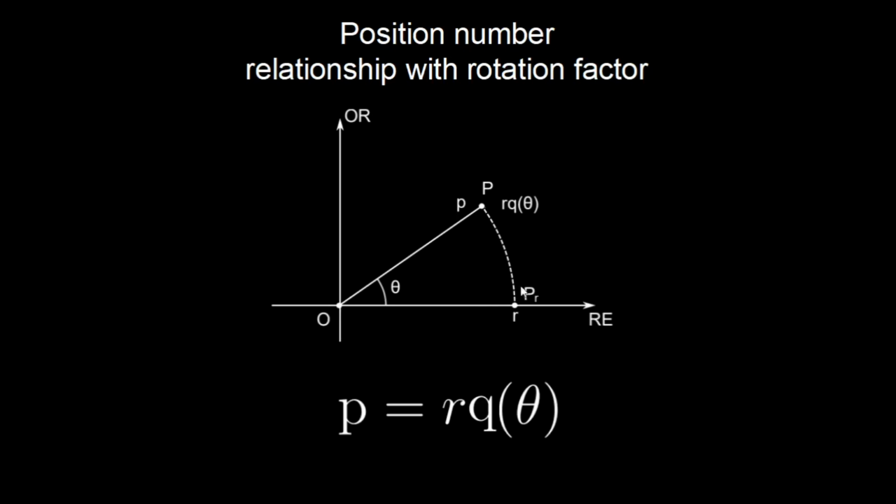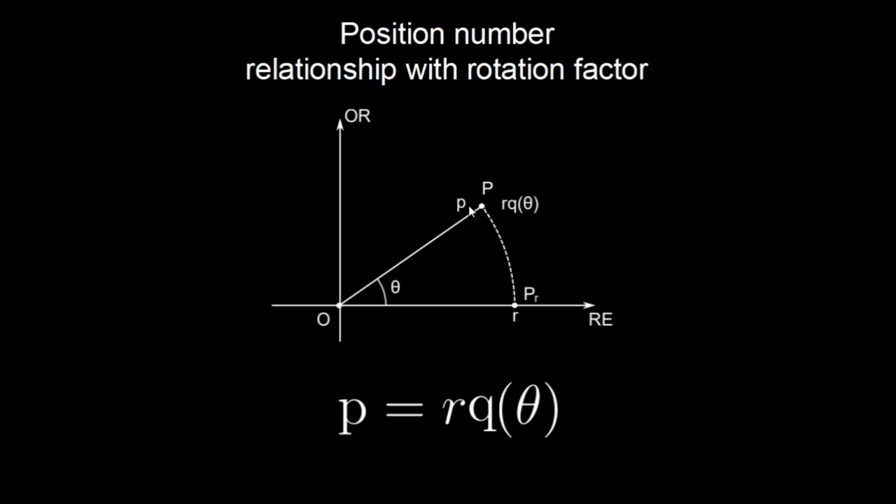P sub R is a point in the real number axis and is represented by real number R. The direction of the real number R is the direction from the origin O to the point represented by R. By rotation factor definition, multiplying rotation factor of angle theta to real number R makes the number rotate counterclockwise by angle theta and reaches the point capital P,